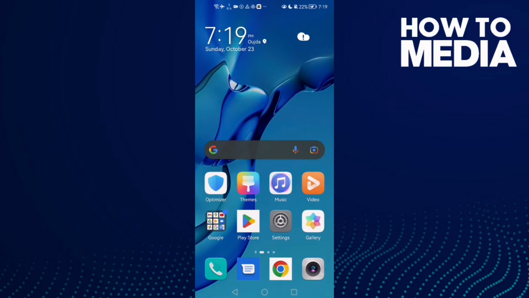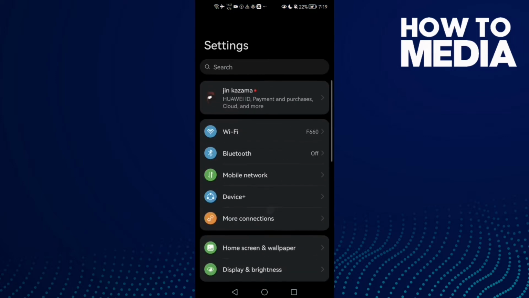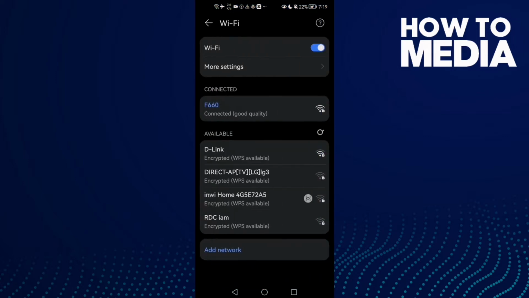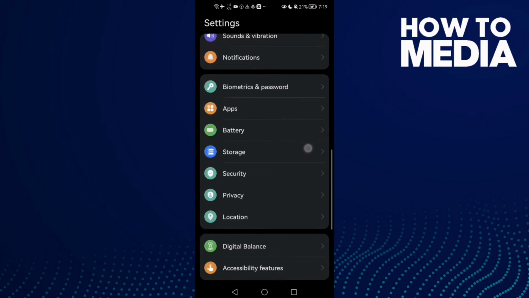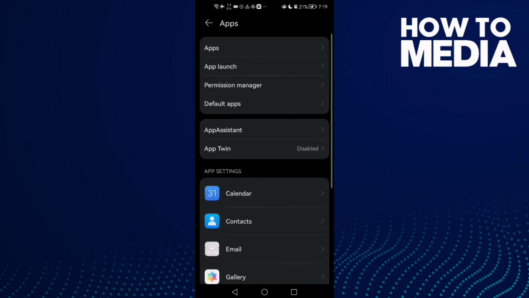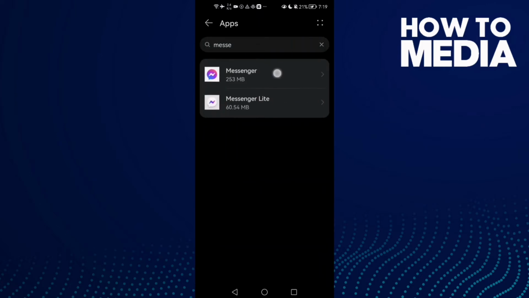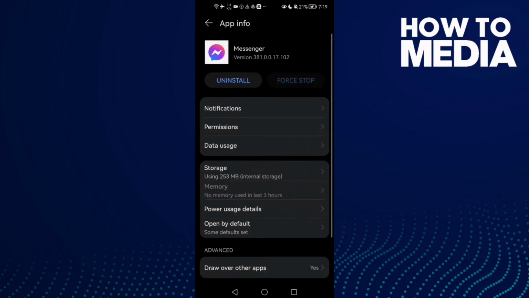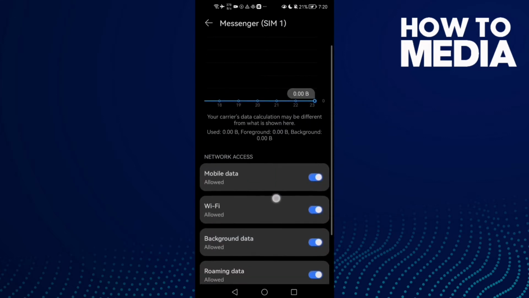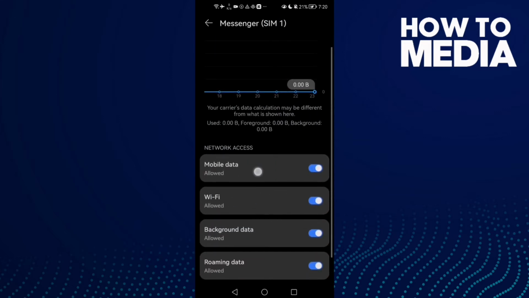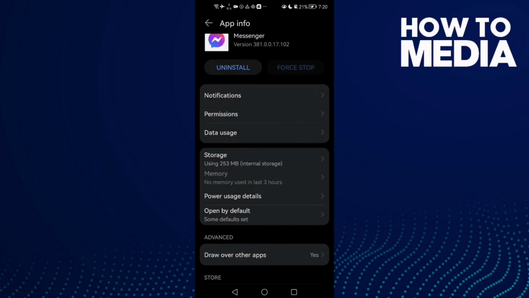First, open settings and then just check your connection here, and if everything is good here, just go back to apps and then apps again. Now go to Messenger and then just check this one, data usage. Enable all of those here, Wi-Fi and mobile data, and then go